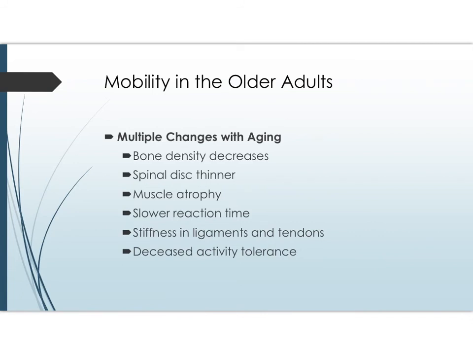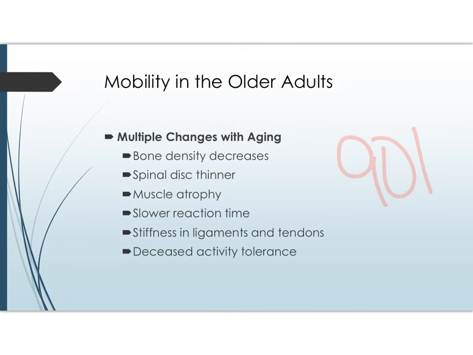There are multiple changes that occur in the musculoskeletal system that affect mobility in the older adult, and some of these are actually listed on page 901. To hit the highlights, one, there's a decrease in bone density. This leads to an increased risk of fractures. Two, the spinal disc becomes thinner, and this can lead to increased incidence of back pain and spinal stenosis. We have natural atrophy of the muscle fibers, so we have less tone and decreased speed and power of contractions,